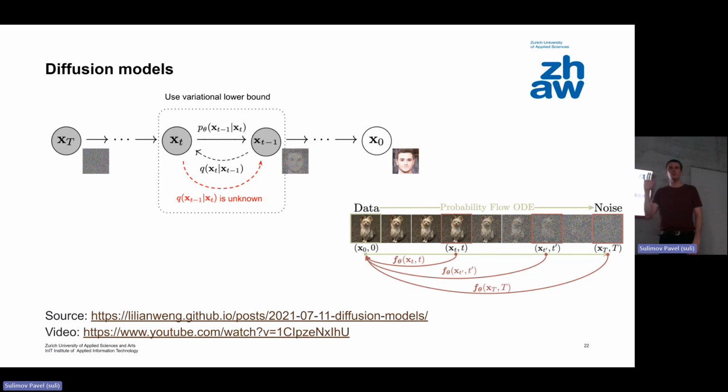Imagine that we are trying not to generate the image itself, but we are trying to say that if I give you just a piece of noise, what noise I should extract from it in order to get a picture. How is it done? Let's think about how the training is done. I'm giving you the picture, that is the true one. Then, in several steps, I'm adding noise.